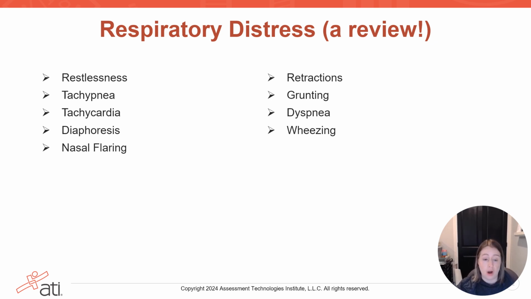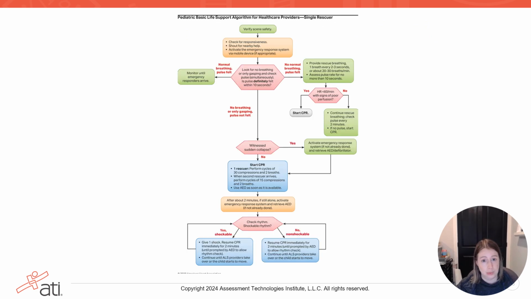While many things can cause the following symptoms, we can always rely on our response being the same, right? Say it with me now. Airway, breathing, circulation, and what is it? Does this look familiar? It's our good old BLS algorithm, okay? In addition to